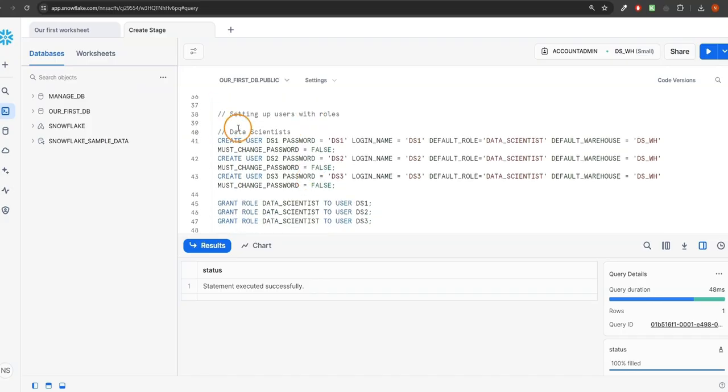So therefore we can also set up users. You can see this is also a simple command. We just create user, we say the name of the user, and then some properties like the password, login name, the default role. This is the role that will be selected when they log into their account. And then we can also assign a default warehouse. This will be the default warehouse that will be used for those users. And in some cases, of course, if we have set auto resume to true, then